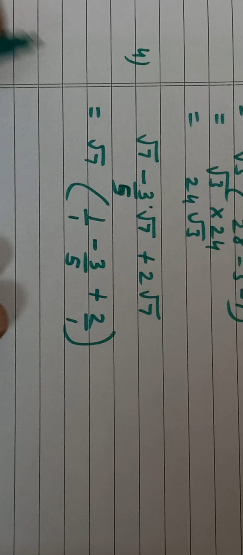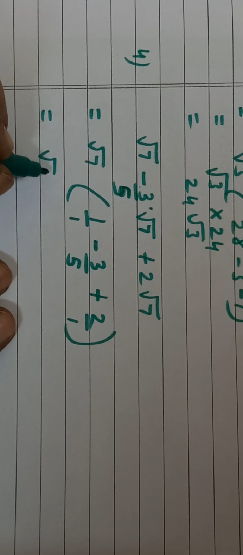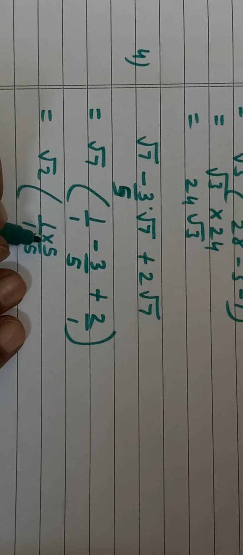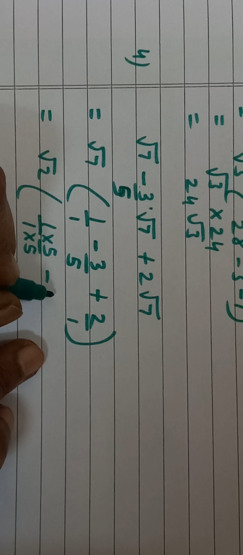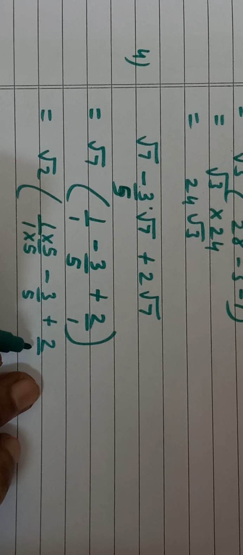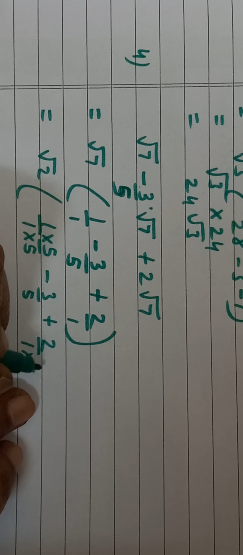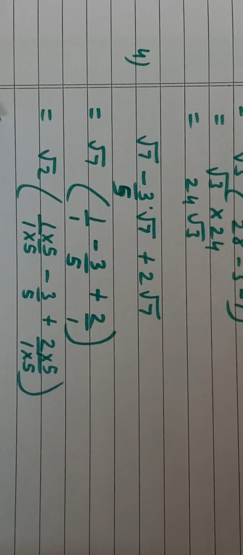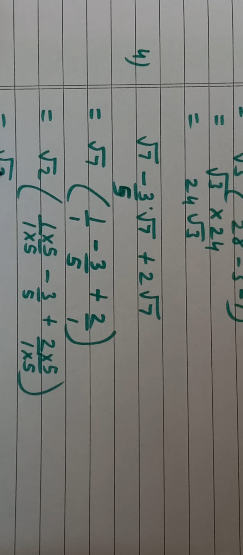So now what we have to do, which is equal to root 7. So 1 multiplied by 5. Also multiply the denominator by 5, because 5 is the LCM, minus 3 upon 5 plus, here also we want 5. So in the denominator multiply by 5, numerator also multiply by, this will be cancelled. So we are not changing any values. This you all have studied in lower classes, how to do it.